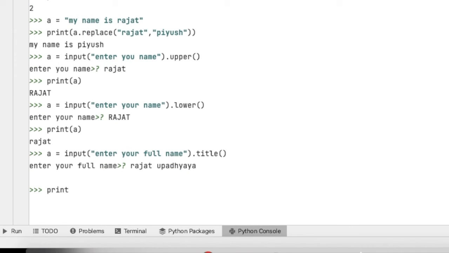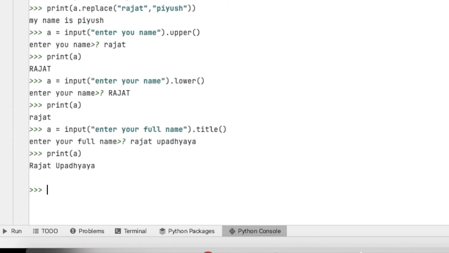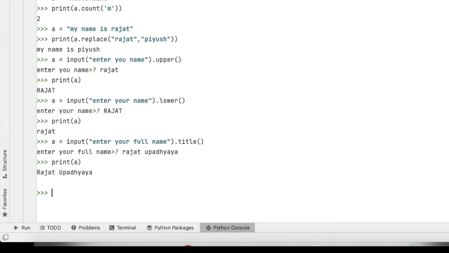Now if you print A, you can see the starting character of this string is in capital, because you already know that in title the first letter of any string should be in a capital case.